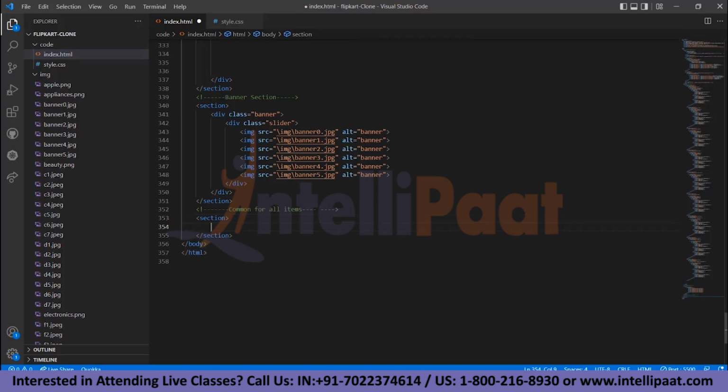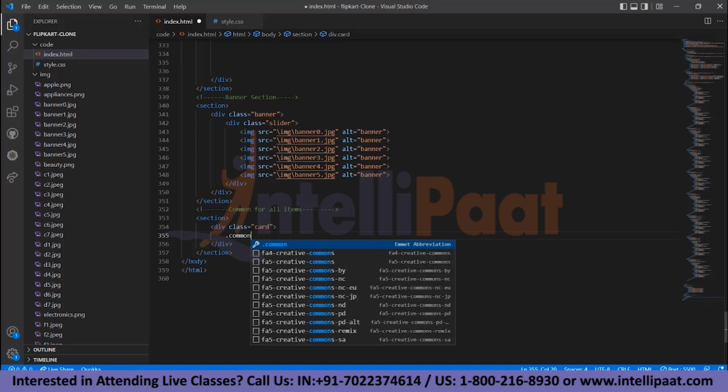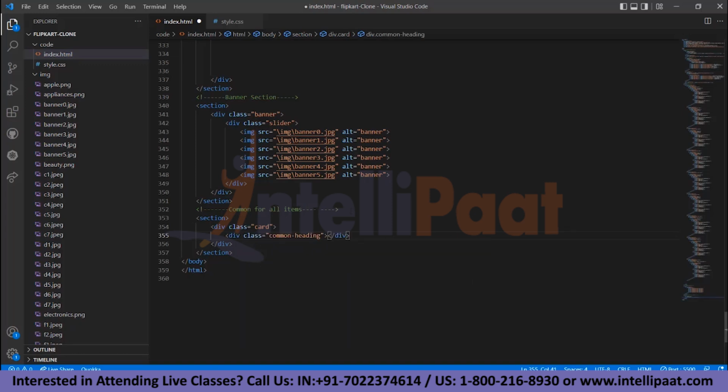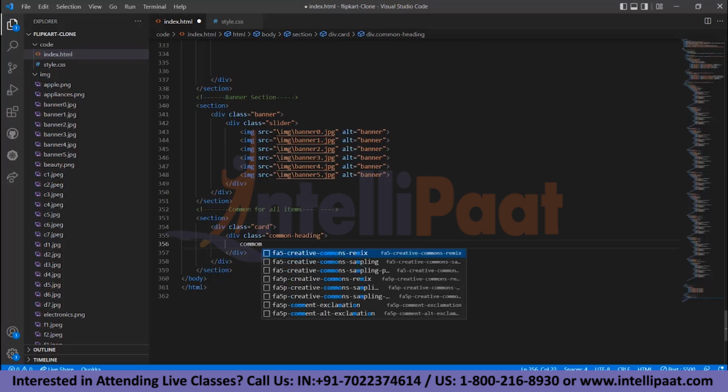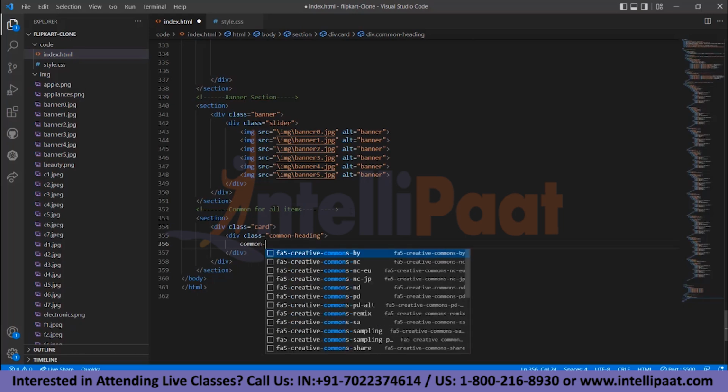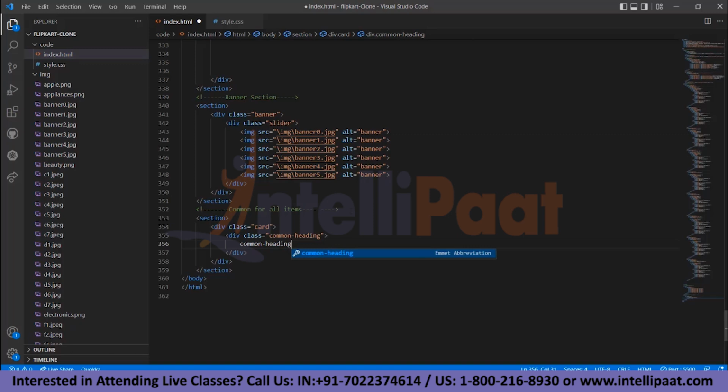So create a section again. Inside the section, create a div with class name card. Inside the card, create a div class common-heading. Again create a div class common-heading-left. Inside the h1 tag,